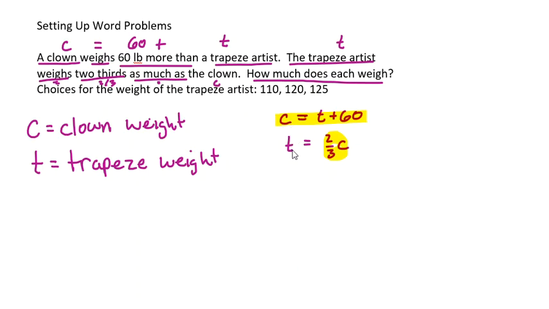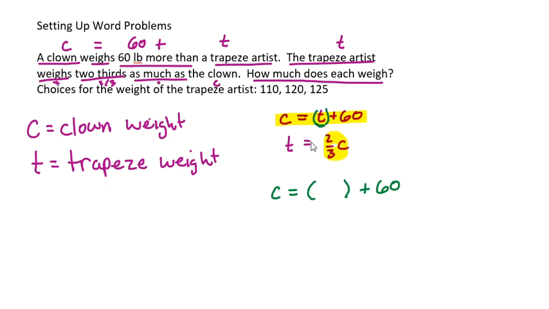We have the second equation, t equals something with a c, and the first equation tells us what c equals, so we could replace the c in the second equation with what it equals from the first equation. Either way works. I think it's going to be easier to do it the first way, so let's rewrite that first equation. So c equals t plus 60, and where that t is, I'm going